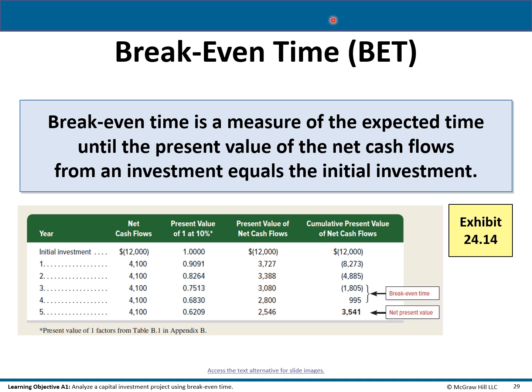Now, how did they come up with that extra 0.64? You take this 1,805 and you divide it by the 2,800 present value of net cash flows for year 4. So basically every cash flow that's earned after that point contributes to a positive net present value. So eventually that comes down to equal 3,541, but your break-even time is the 3.64 years in between year 3